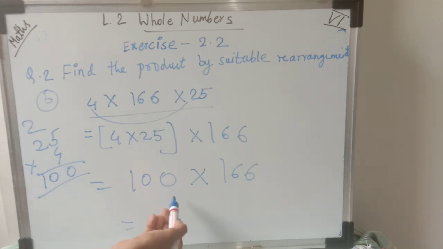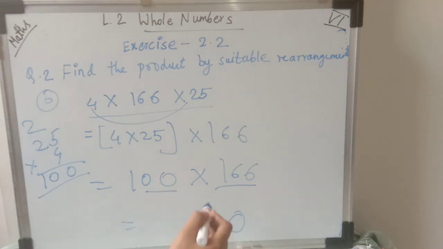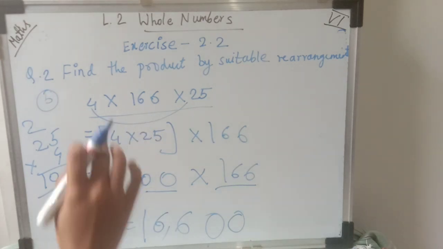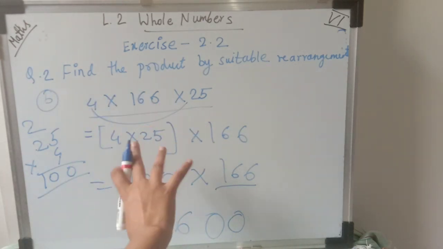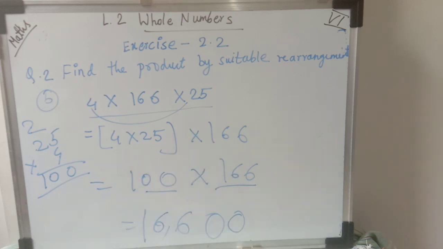Okay, now it is very easy. I told you that if you multiply with the 2 0, how many zeros are there? That much zero you have to write. Okay, 166, if you are multiplying with the 1, same number you will get, that is 166. So here we got the answer 16,600. Okay, now this is the second example where we have solved here. I hope you have understood from the second example what we have done here.